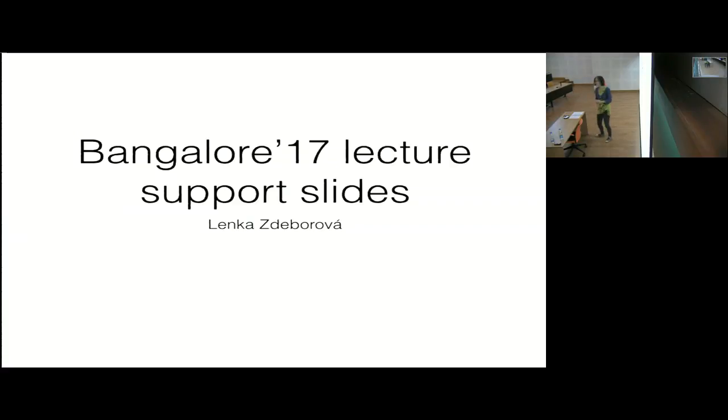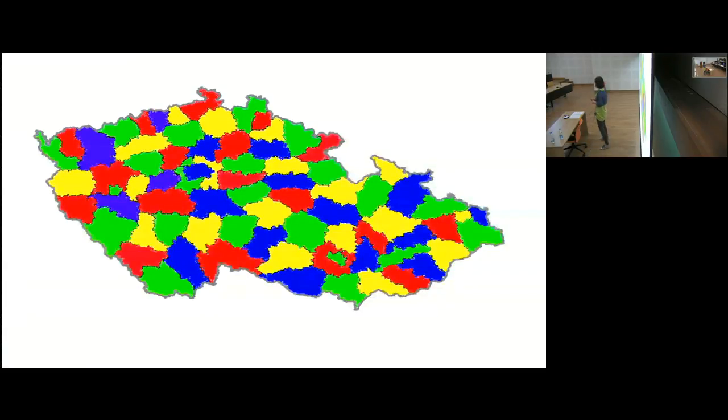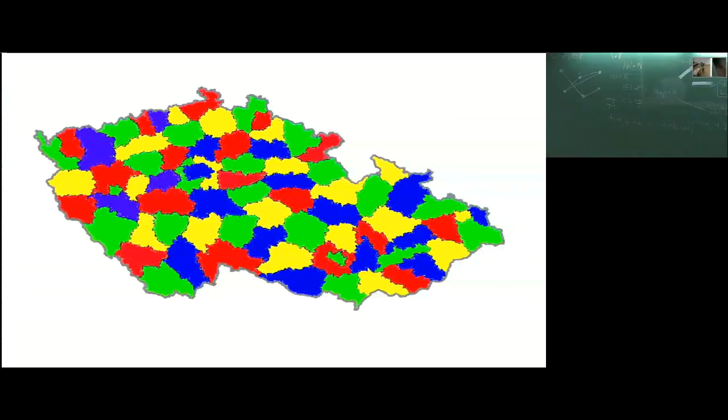Okay. So the most famous example of why graph coloring is widely known and studied in mathematics is the coloring of maps. When you look in an atlas and the countries are colored in different colors, of course you want to color countries that are neighbors with a different color, so that you can distinguish them on the map. So map coloring is actually equivalent to graph coloring. This is a little country in the middle of Europe where I come from, and these are the regions, so I colored them. Neighbors have different colors.